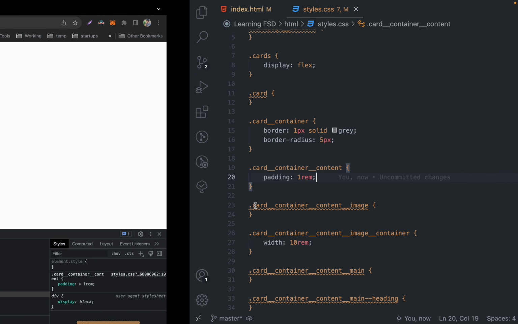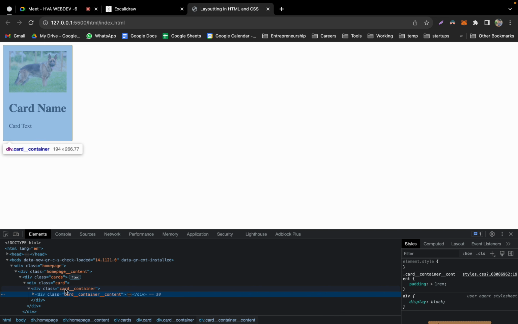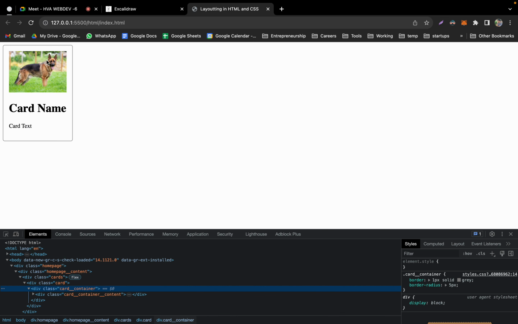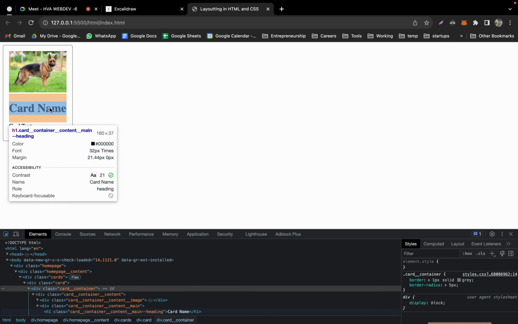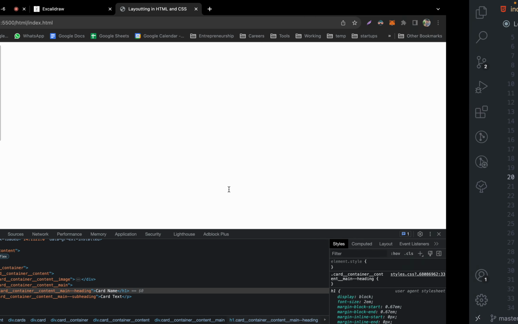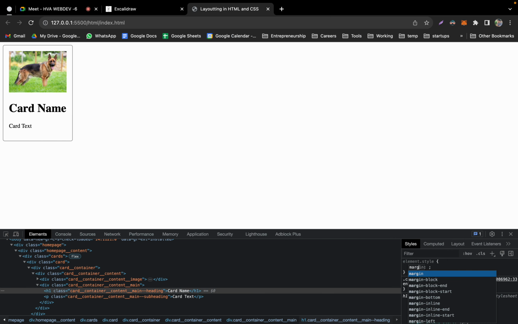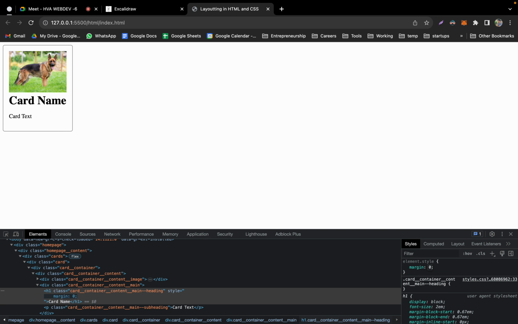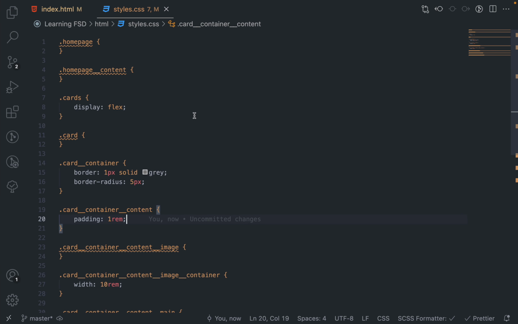The reason why we want to give padding on content is because nothing basically changed here. But the thing is, on container we can put the outer layer of it, and in the content we can put the inner layer. That is what we wanted. Now what else? This is your heading. We don't want any margin here at all. Margin we will say 0. Okay, and margin we'll put on the top only.